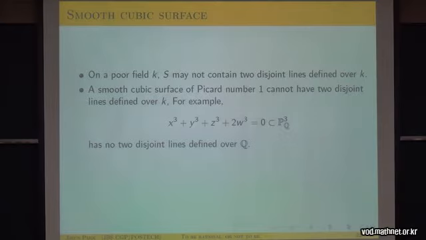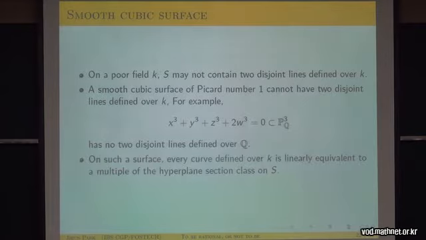So for example, a smooth cubic surface of Picard number 1, I will explain what that means, cannot have two disjoint lines defined over K. For example, this cubic: x cubed plus y cubed plus z cubed plus 2 times w cubed, defined over Q. This has no two disjoint lines defined over Q. All right, so the Picard number 1 here means this: every curve defined over K on S is linearly equivalent to a multiple of the hyperplane section class on S, which means,